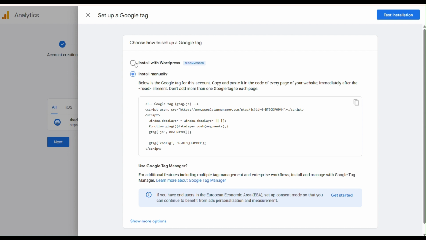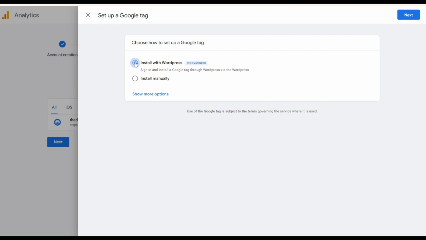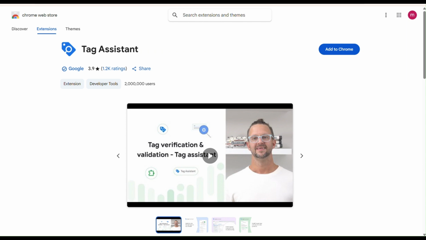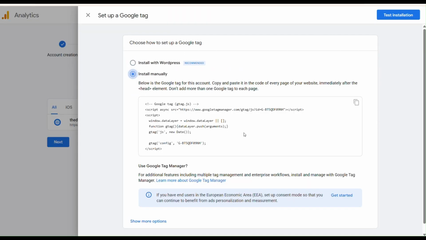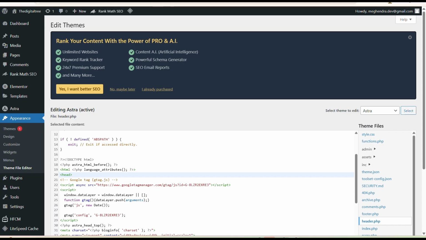We can connect with our WordPress and just download this tag, or you have to choose install manually. You just copy this tag and go to the WordPress of your website, to the theme appearance section,